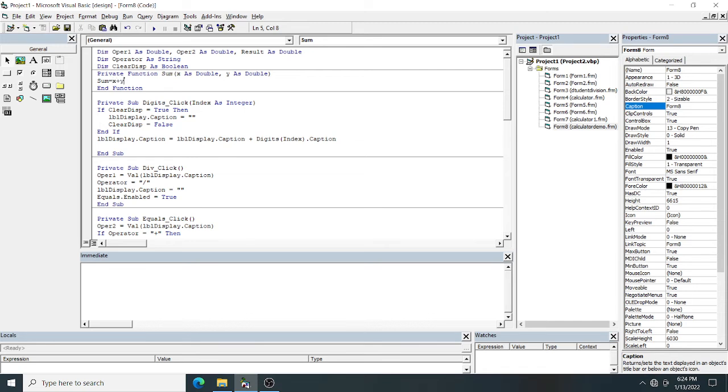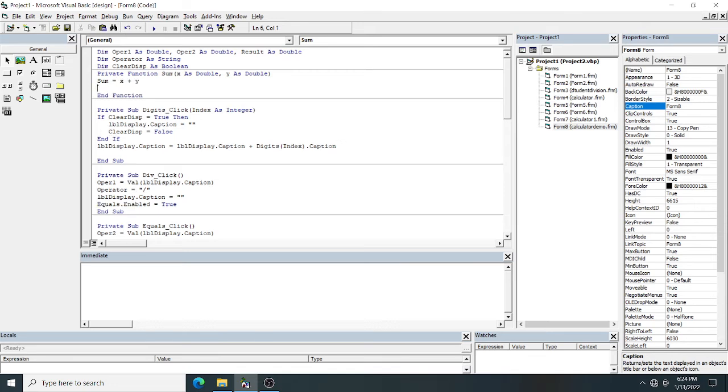So operand 1 value is stored in x, operand 2 value is stored in y, and it will do addition, and this function will return a single value. So function name equals expression. This is not a variable, this is your function name. After this function only, you can copy paste three times.